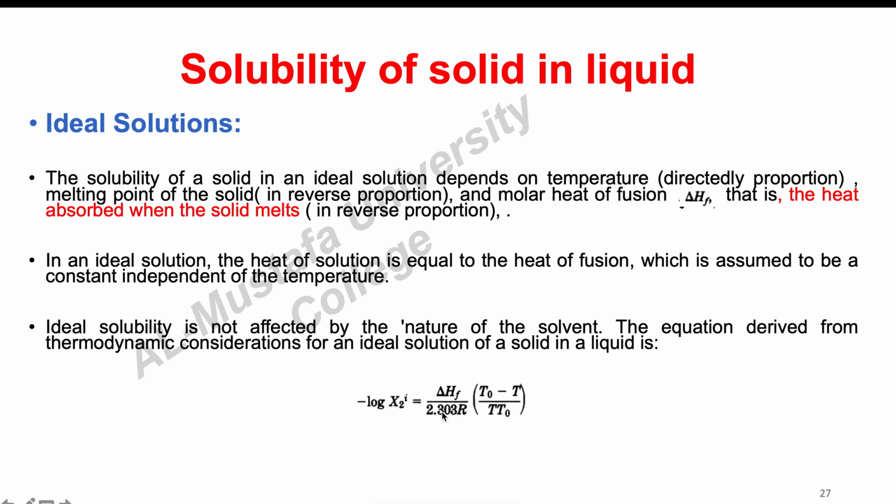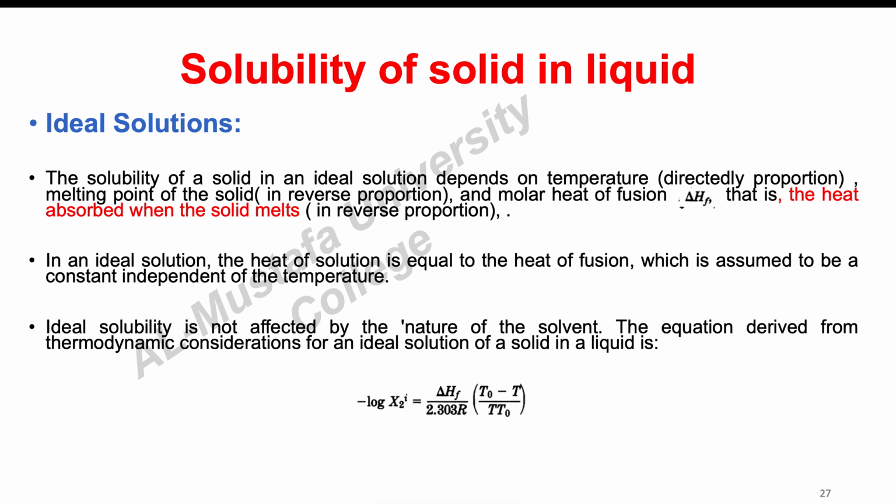From the plot of solubility versus temperature, if we plot solubility against temperature there is a linear relationship, directly proportional: as temperature increases, solubility increases in a solid and liquid solution. This plot of the logarithm of solubility versus temperature results in a straight line with a slope of delta HF over 2.3 R, with the value of R that I have. Of course, if R comes up in the exam, I will give it to you.